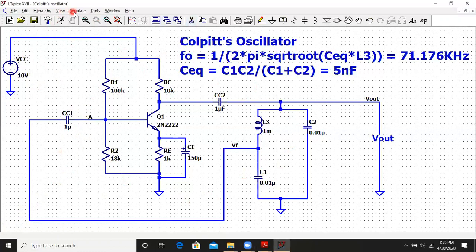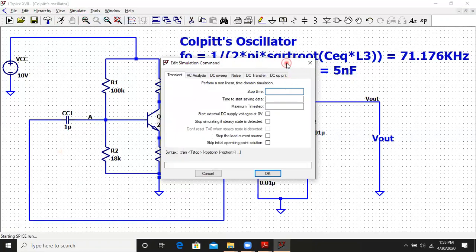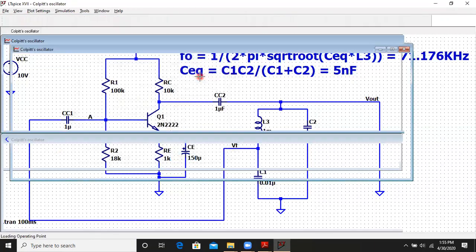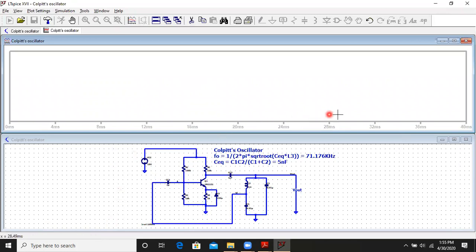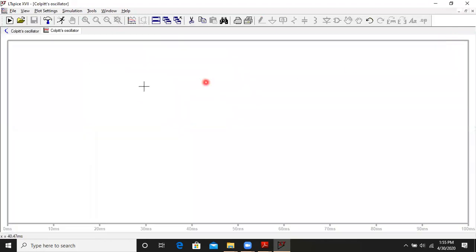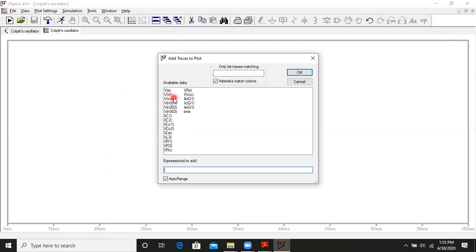For simulating the circuit, we go to simulate, we click on run, and it will ask for, we have to do the transient analysis because we have to plot the output waveform with respect to time. So let us say we'll plot here around stop time as 100 milliseconds. The moment we click on that, we'll get an x-axis. Let it build up from 0 to 100 milliseconds. Now we have to just maximize this window and left click and add trace. So we have to add V out trace. So we click on V out and click on OK.